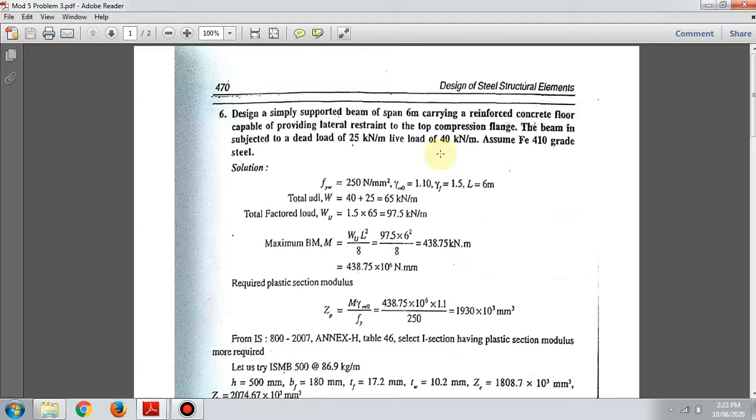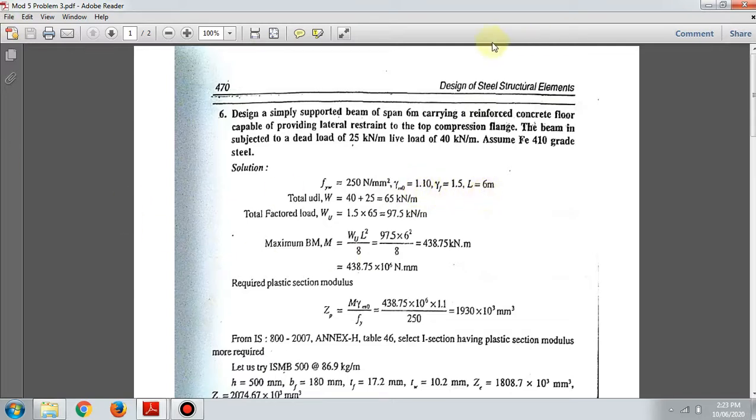So he has given the loads and you have to design a suitable section so that it can resist both dead load and live load. Unlike the previous problem, where he gave the section and we analyzed it, problem type 1, where we had to find the load carrying capacity of a section, since this is a design problem, we have to design a section depending upon the load given. So we shall start the solution.